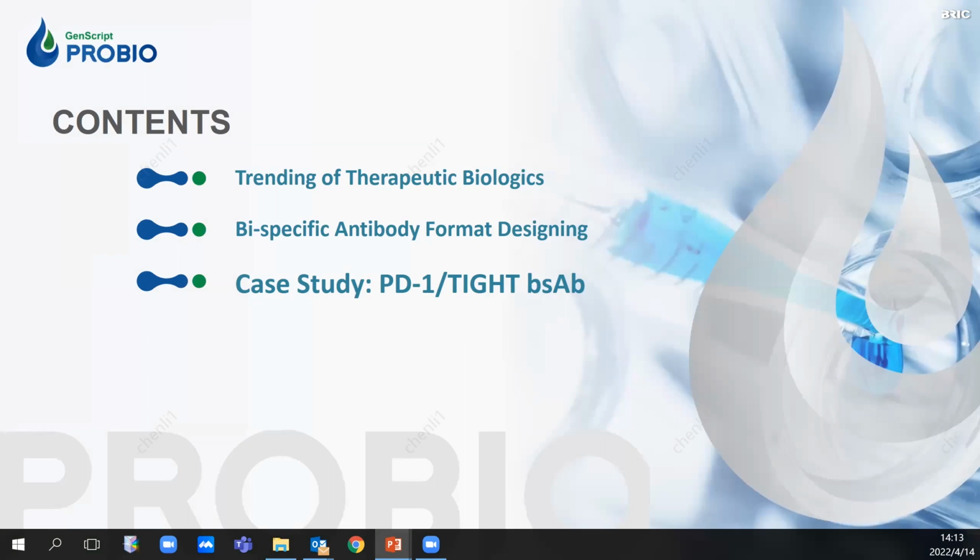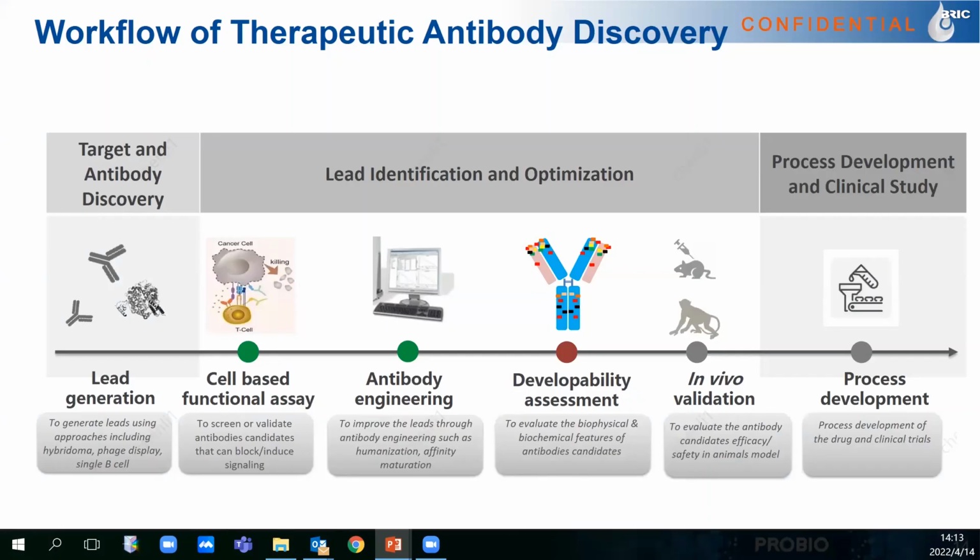In the next part, we will share an antibody discovery case study of PD-1 and the TIGIT bispecific antibodies using the SMAP-body format. So this is a general workflow of therapeutic antibody discovery. In the lead generation stage,